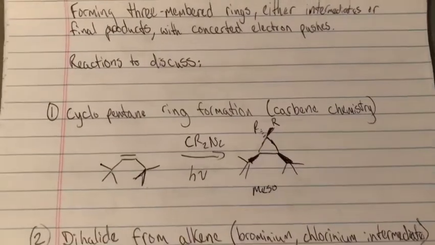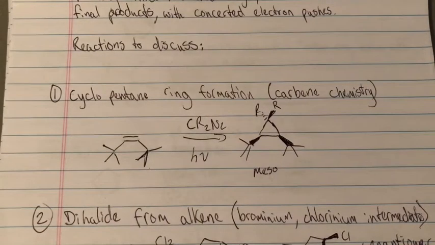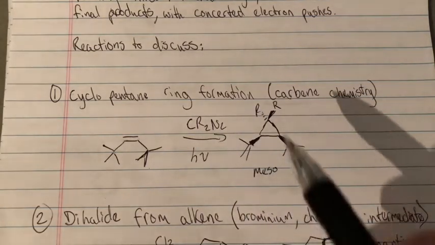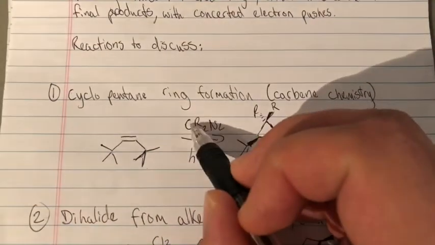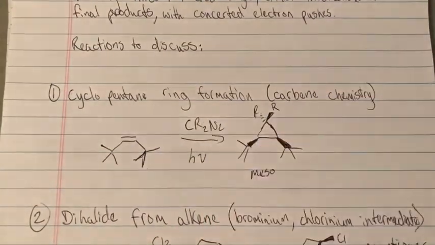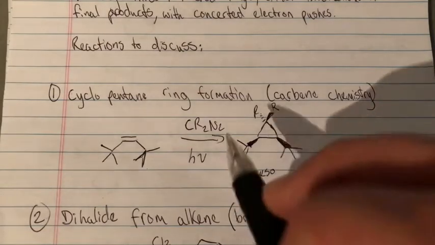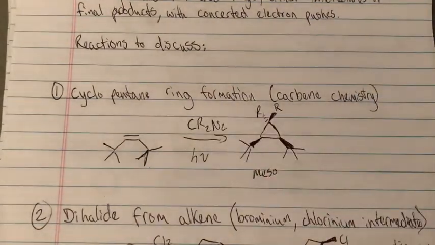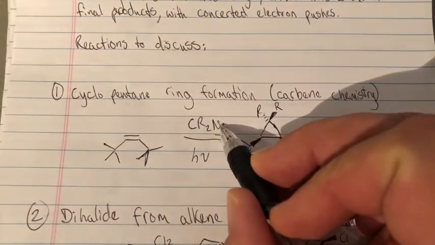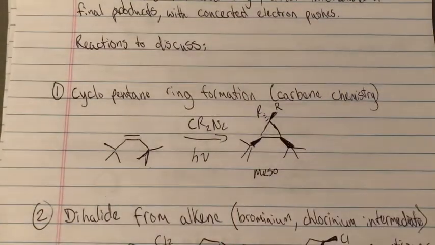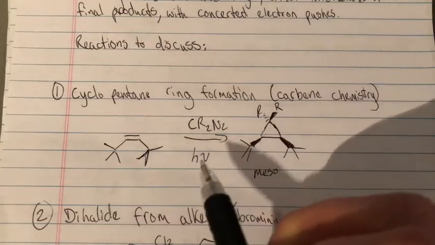First being a cyclopropane ring formation, i.e. carbene chemistry. So carbene chemistry involves some kind of carbene, so this is going to be a carbon attached to two types of branching substituents, and then it's going to be doubly bound to an N2 group that's going to isomerize, or kind of push some electrons around and basically get photolyzed with